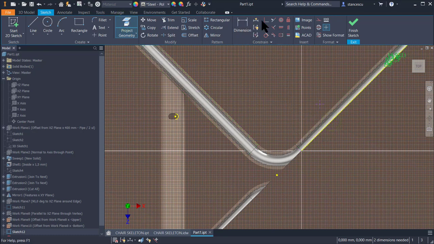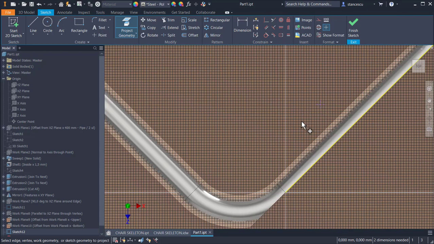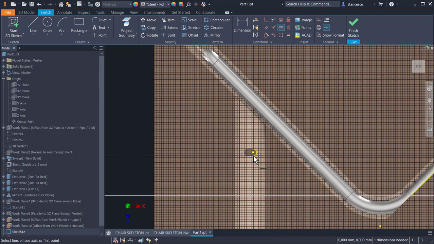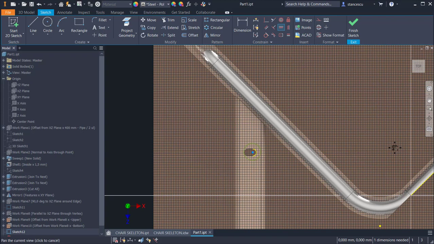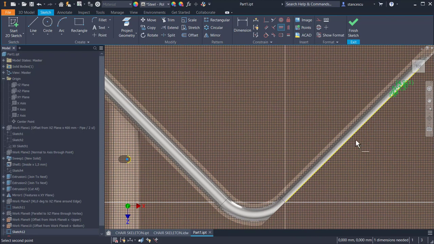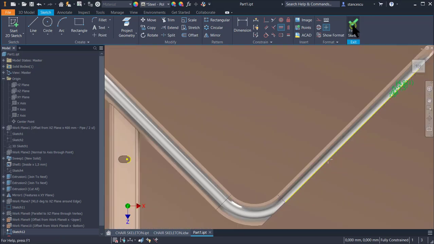I place the point on the, where is the point? I place it on the line, and on the same horizontal with the center here. This is good. Finish sketch